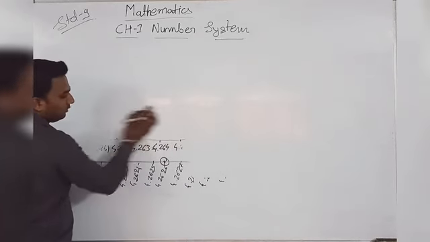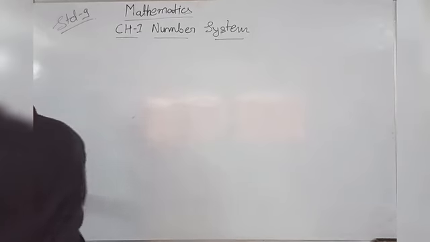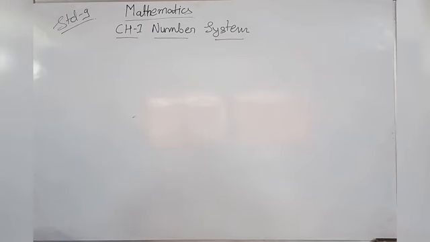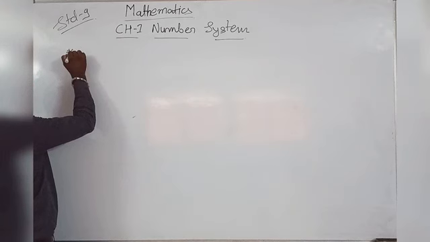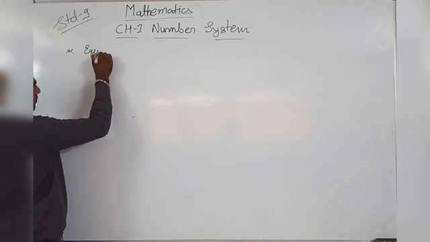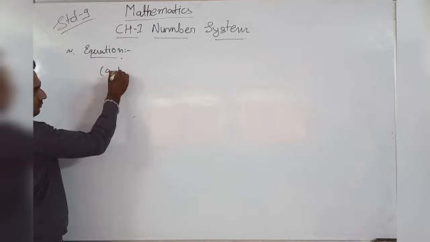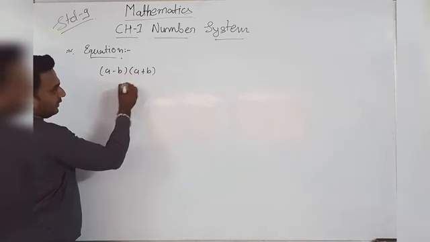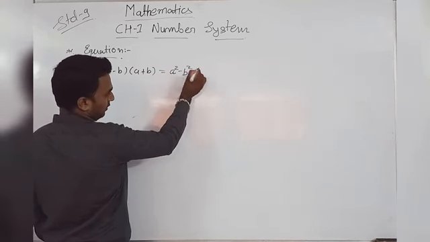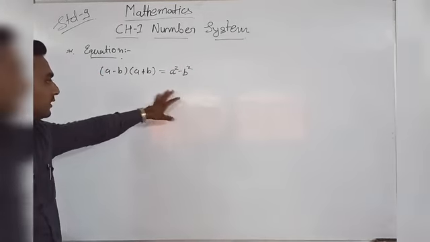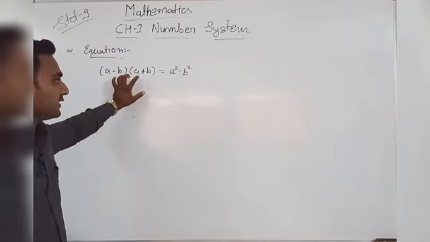Some equations we have to learn for the mathematical equations. Now see here. You have to remember this equation: (A minus B)(A plus B). Here it is the multiplication between these both, then the answer will be A square minus B square. About this equation you will learn in the next chapter, so that's why first you just have to remember it right over here. Then after that you can easily understand what exactly this equation is.